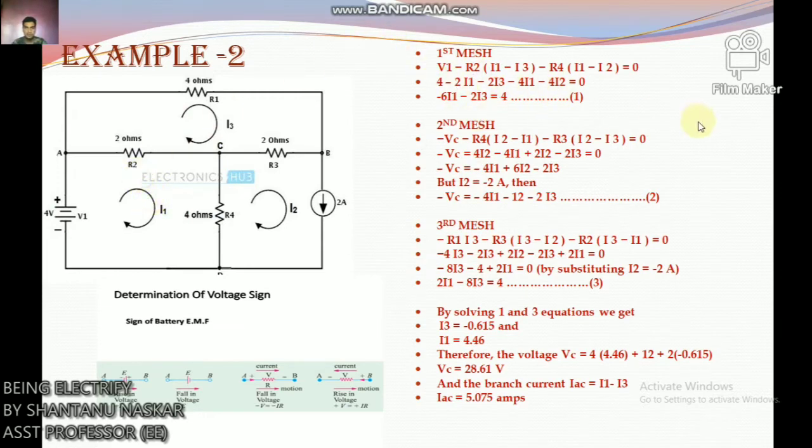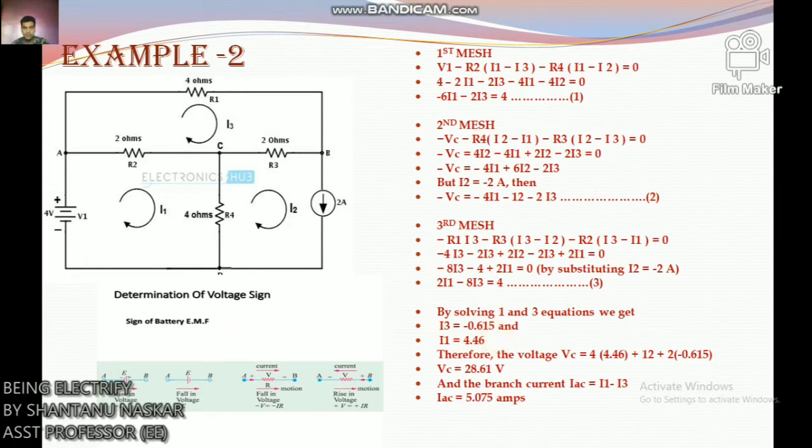Just look here, within bracket I1 minus I3 minus R4 I1 minus I2 equals to 0. Like this, we have to calculate the second mesh, number 2 equation, and third mesh, number 3 equation, and by solving 1 and 3 equations,